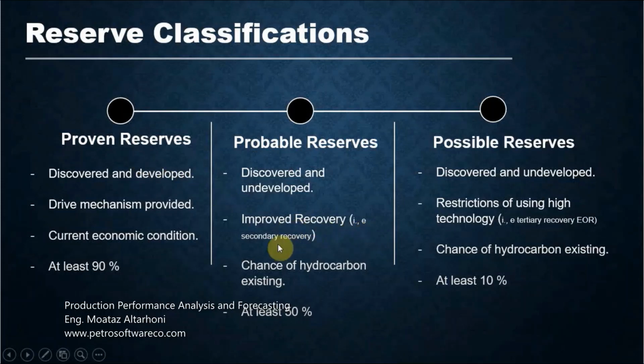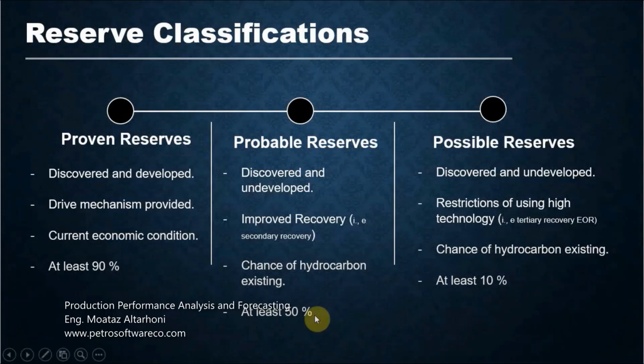For example, if you apply, that depends on the drive mechanism available, that's maybe natural, so we can get a good result for the proven. But if you plan to use another secondary recovery, water injection, water flooding, so the reserves will change here, and it will be probable because we need to use a different technique that will be high cost. So the probable reserve means we have a chance of hydrocarbon can be produced, but at least 50%